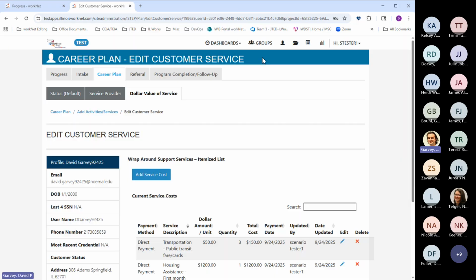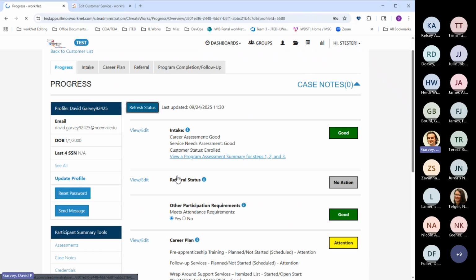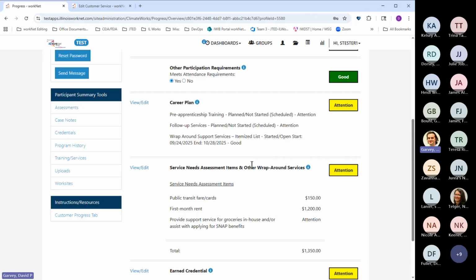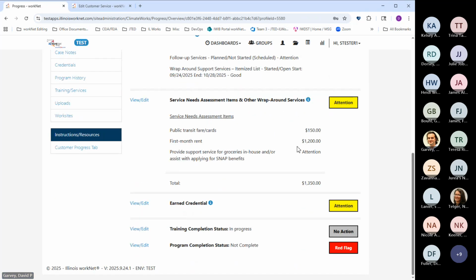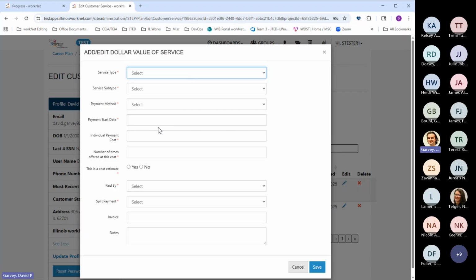Click Save. If we refresh this again, we'll see the cost get added in here. 1,200, and we'll see the total of the cost under the wraparound service that we're adding, that it's adding up all of these as well. And then our third one was for